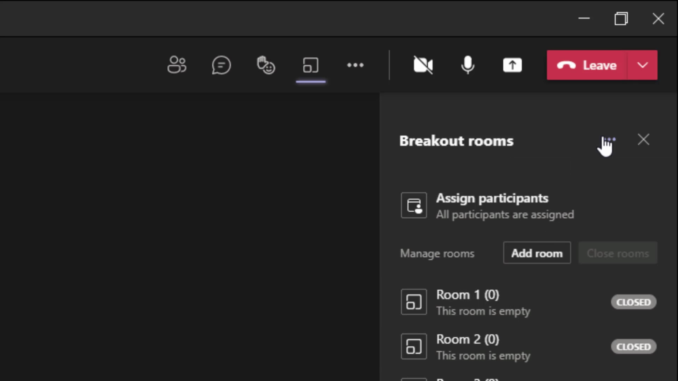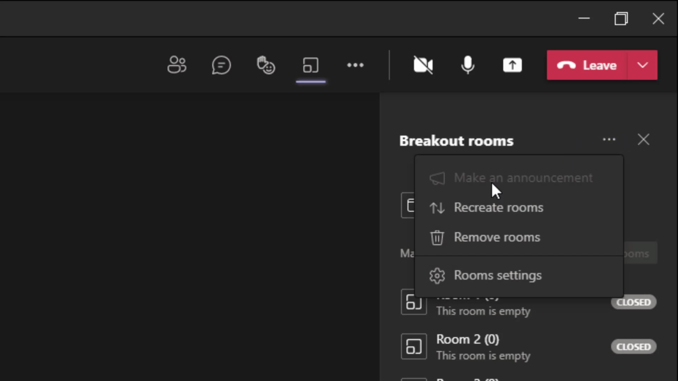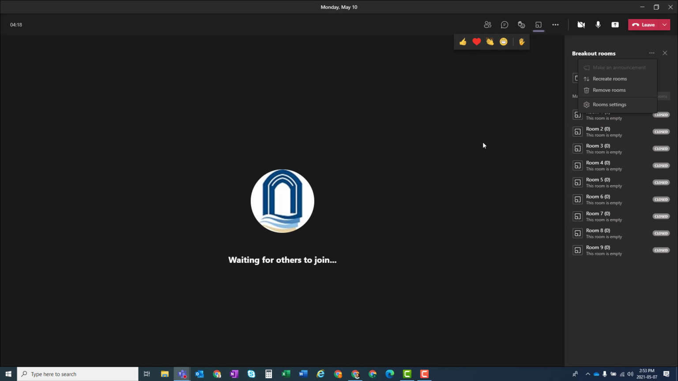And you'll even have an option once your breakout rooms are running to share an announcement. It's grayed out right now, but you'll be able to make an announcement such that a message would go into the chat of every one of the breakout rooms. So if it's a link to a document or a website, or if it's just some instructions for people,